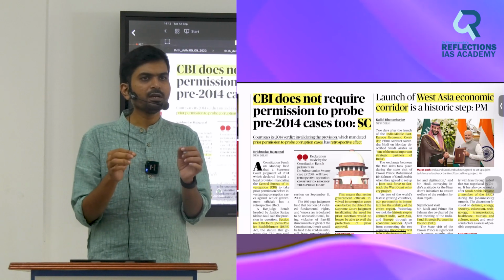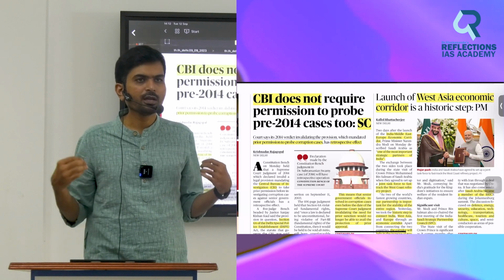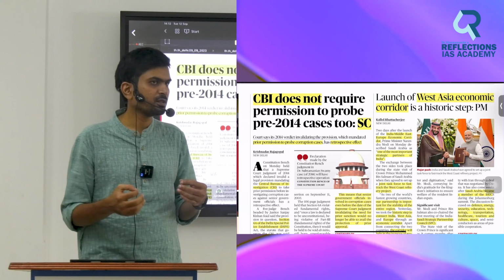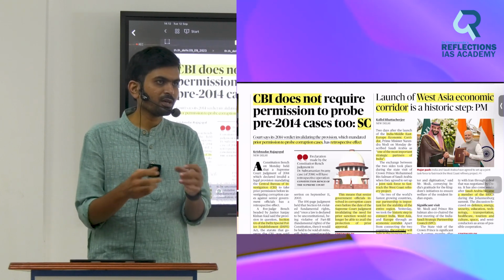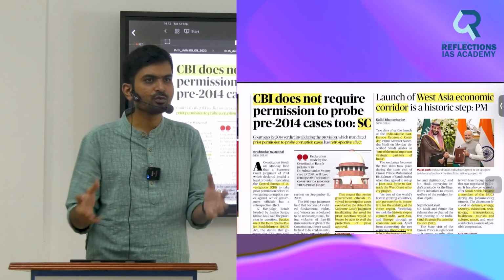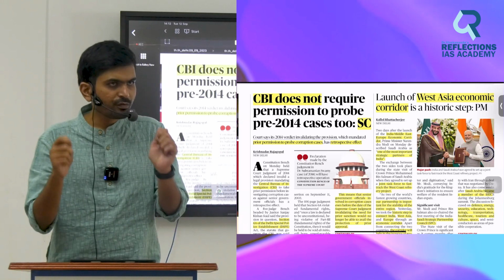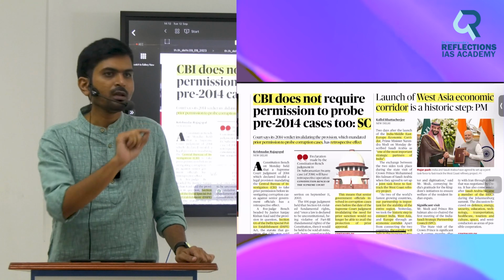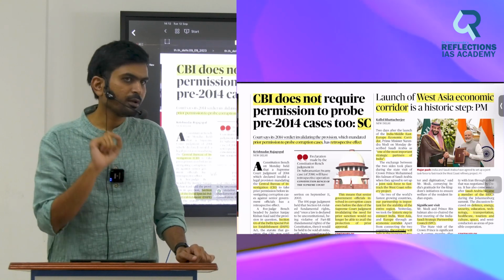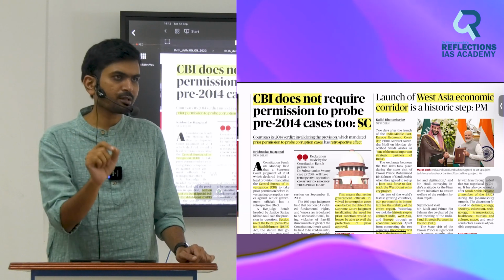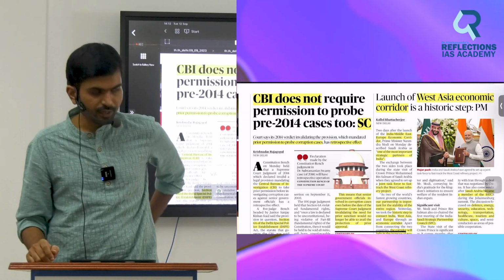Reading newspaper in digital format is good for faculty, not for students, unless you have an iPad with pencil. Phone reading is not encouraged because it's a very tiny screen, and you will have to spend too much time. Get a physical paper, get a pen, and underline the keywords. It's a habit that you develop. That is a personal suggestion. If you are interested, follow it.